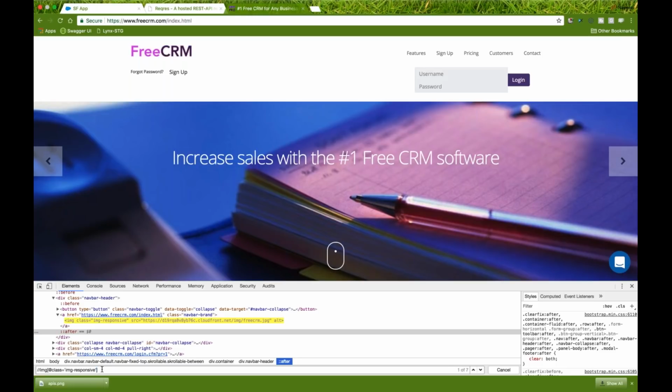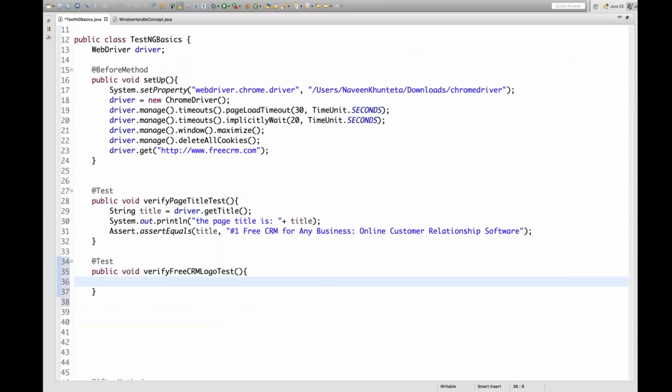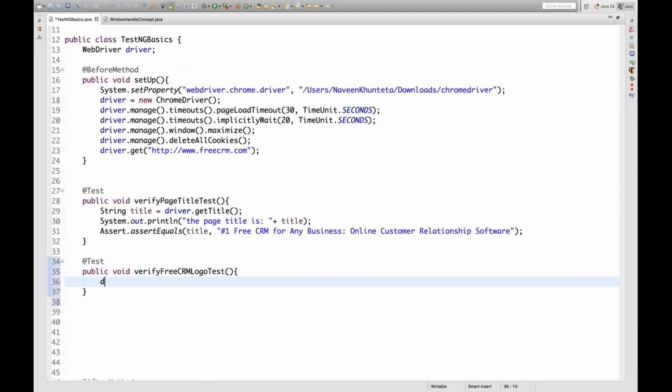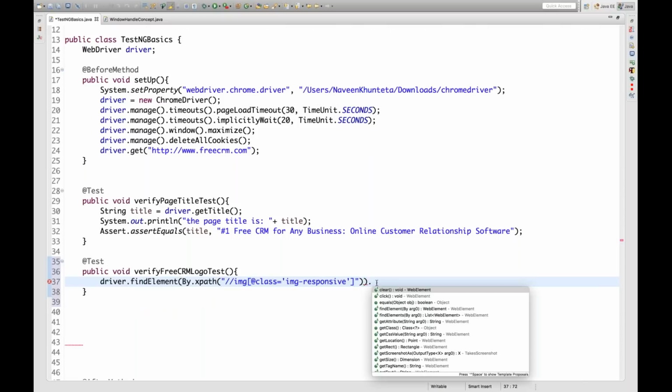Yeah, let's use this. Forget about XPath and all, we just concentrate on the... let's see, this is the IMG. Okay, and dot. So if you want to check that particular element is available or not, we have to use